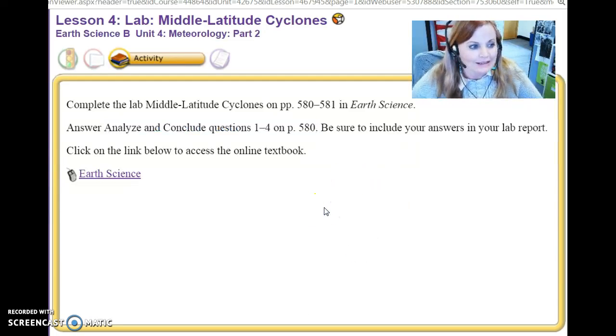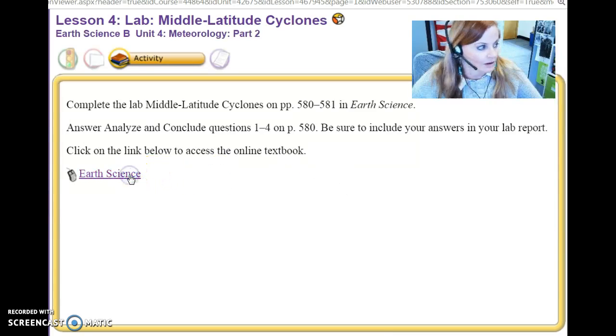This one is in Unit 4, Lesson 4 of your second semester course, and I am going to be making some modifications on this one as well, just so that you can do all of it on the computer and you don't have to print anything out or use tracing paper or anything as it is suggested in the text. So the portfolio is found on pages 580 and 581 of your book,